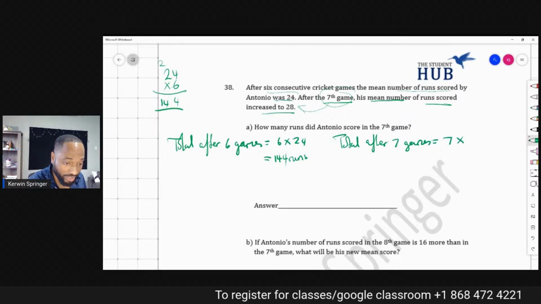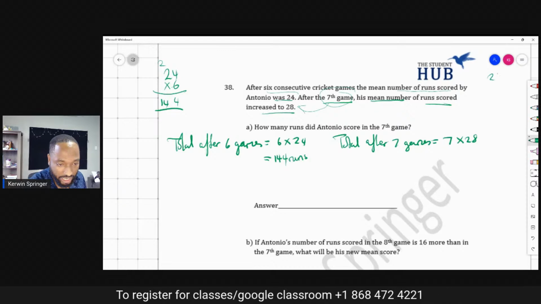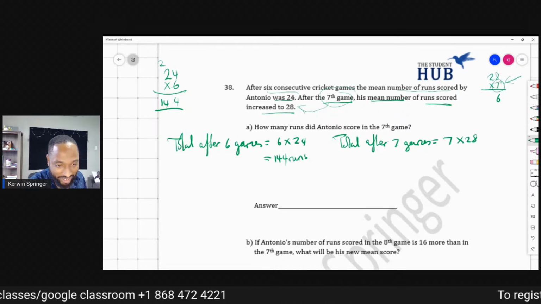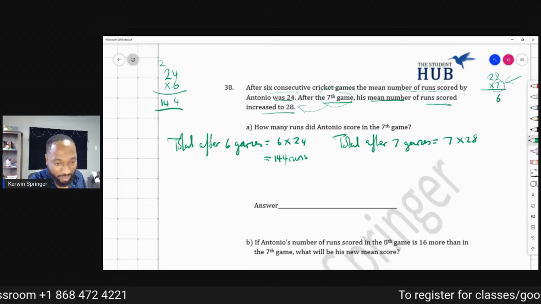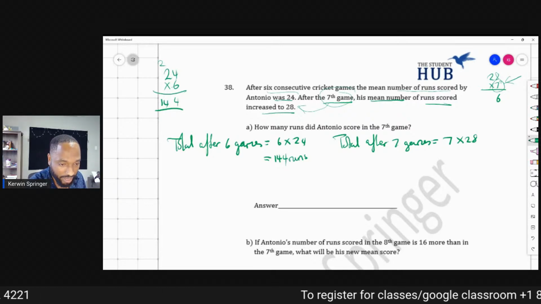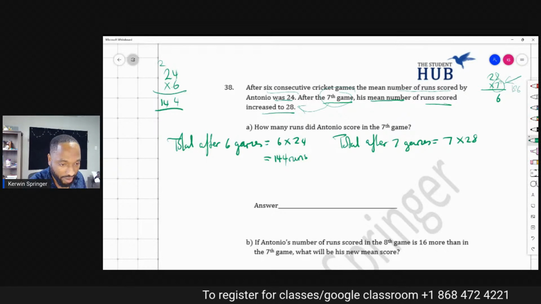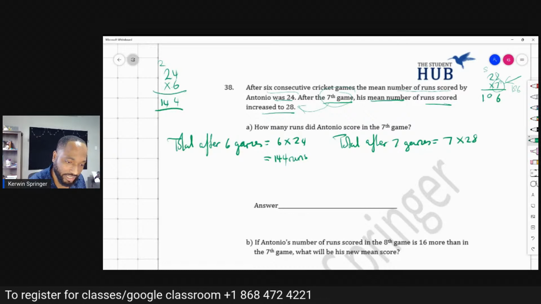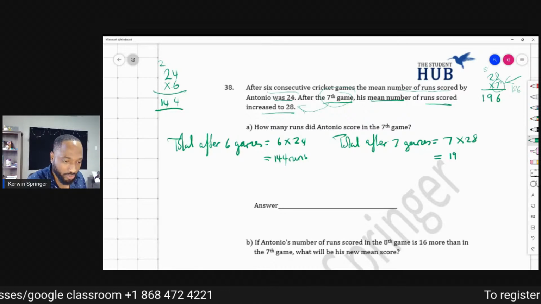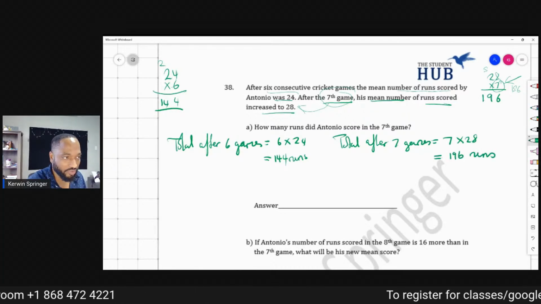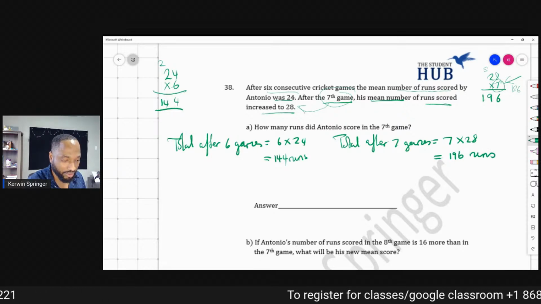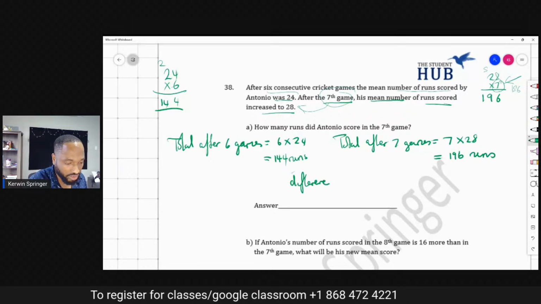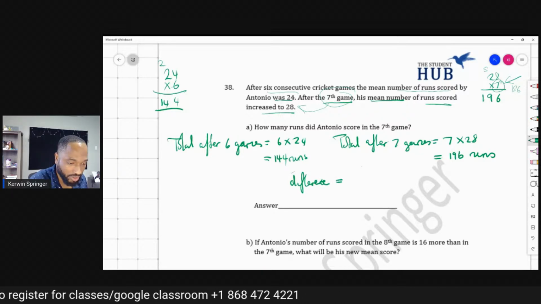The total after 7 games was 7 times 28. How much is 7 times 28, class? Let's check it out. 7 eights are 56. Bring that 5 over there. 7 twos are 14 plus 5, 196. This is 196. So we need the difference to find how many runs he scored in the 7th game. So the difference would be 196